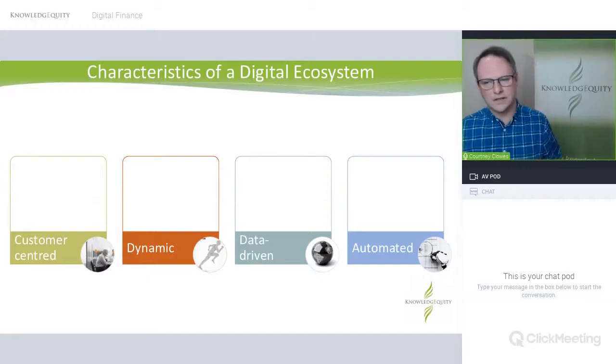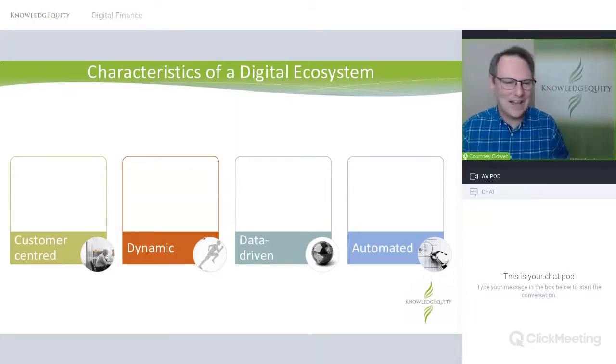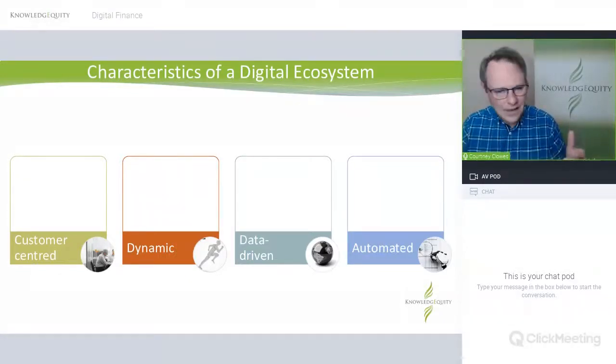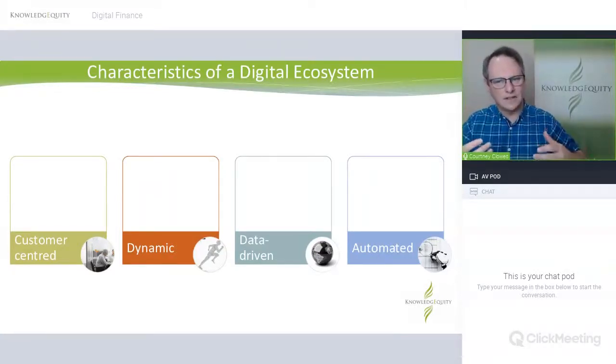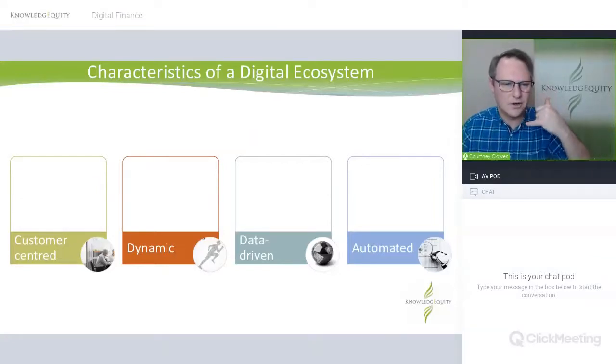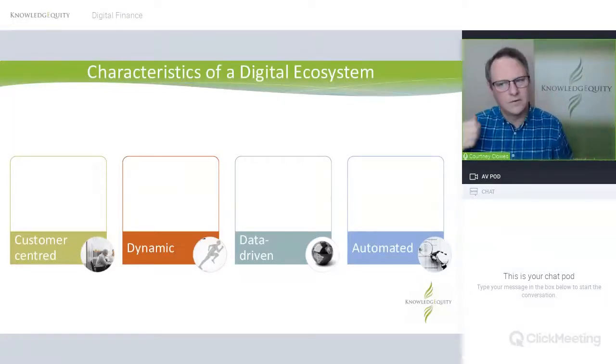So the characteristics of an ecosystem, four key ones: customer-centered. And I do laugh at this one sometimes, because if you put the customer first, amazing, fantastic, quick, efficient. Something as simple as single-click pay that Amazon patented and others have used. So let's make it easy for the customer. They don't have to key in details all the time. They don't have to waste time. They don't have to give it to someone over the phone. Click, pay, faster, more efficient, great customer experience.